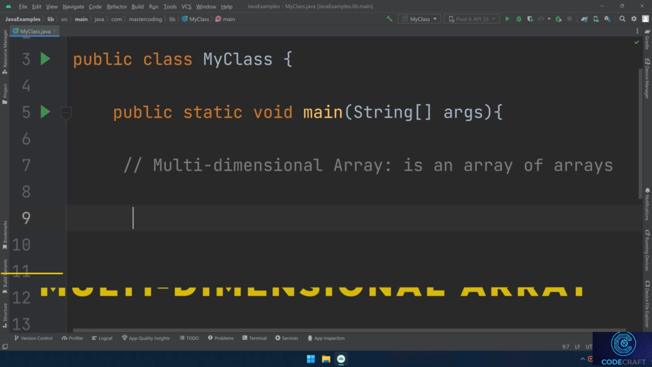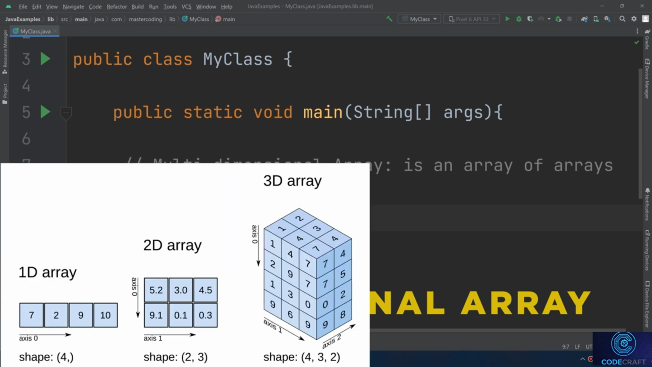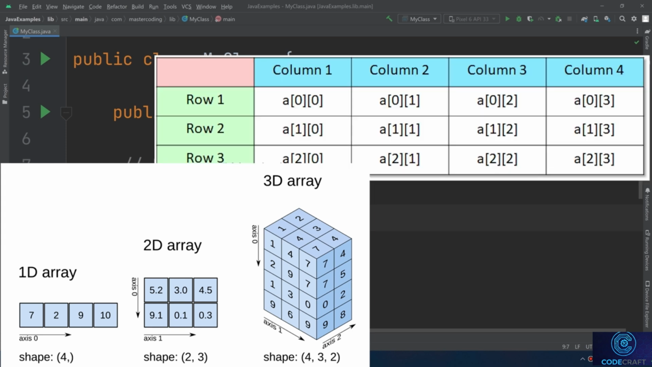Welcome back. In this video, we'll learn about multidimensional arrays in Java. A multidimensional array is an array of arrays. It allows you to create a table-like structure where elements are arranged in rows and columns. This enables you to work with data that has multiple dimensions, such as a 2D grid, matrix, or data organized